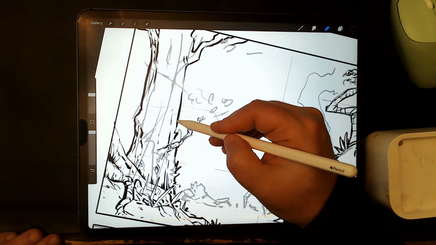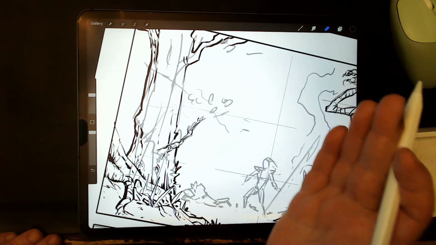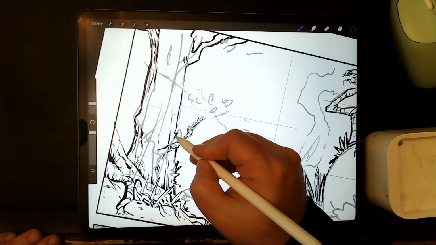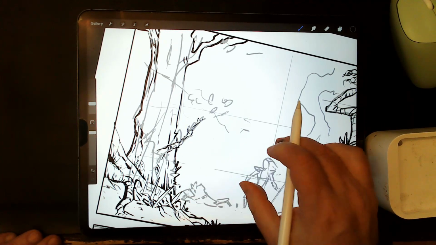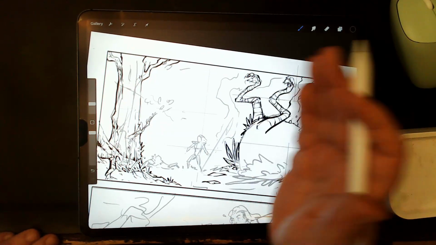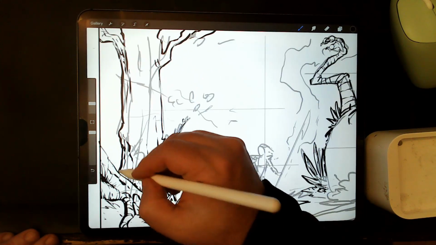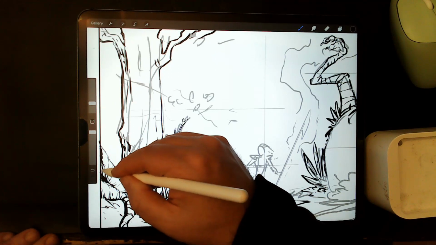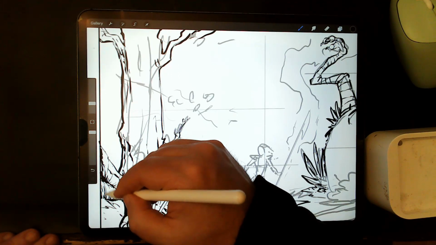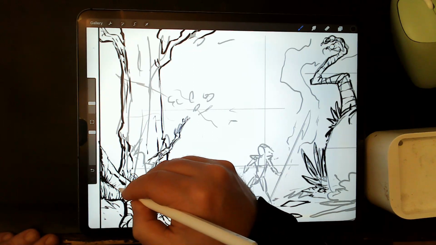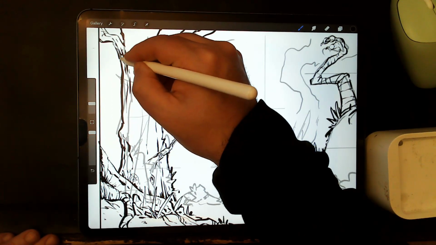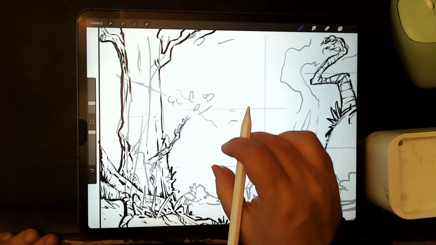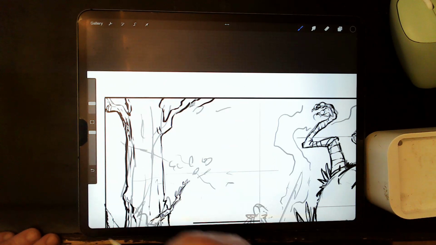I think we need to put light from the, two ways of thinking about light. Light from this area. Shadow on the far side of the tree. I want it to catch fire. We'll lower it down a level.